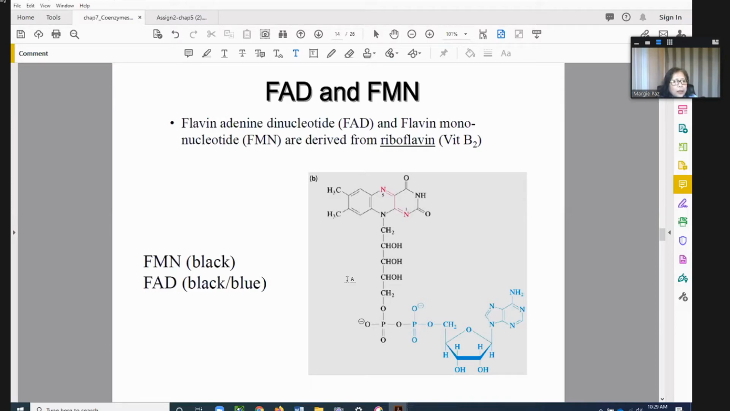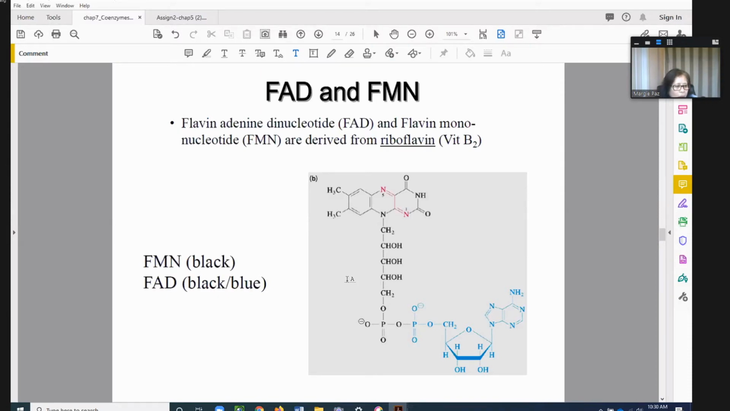Another vitamin precursor is riboflavin, vitamin B2. Flavin adenine dinucleotide and flavin mononucleotide are derived from riboflavin. Right? For this structure,